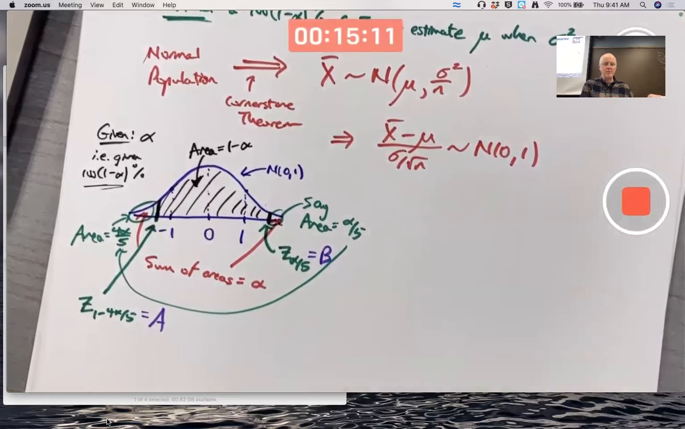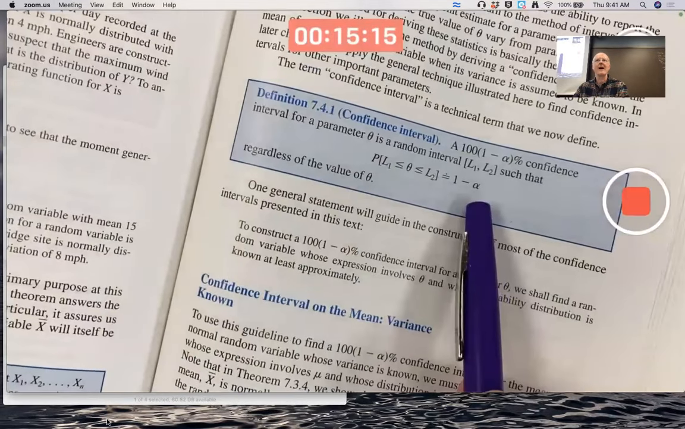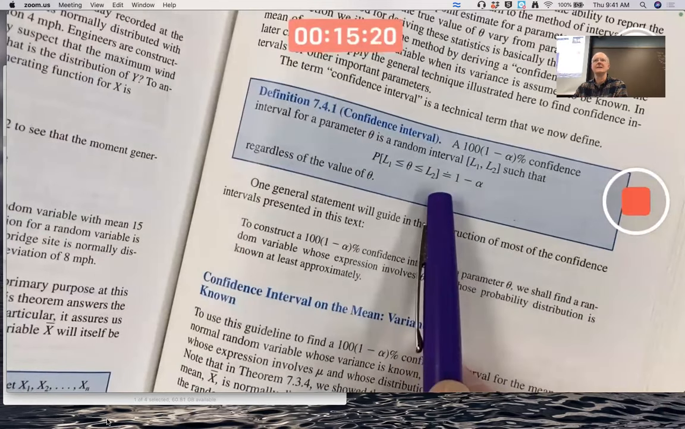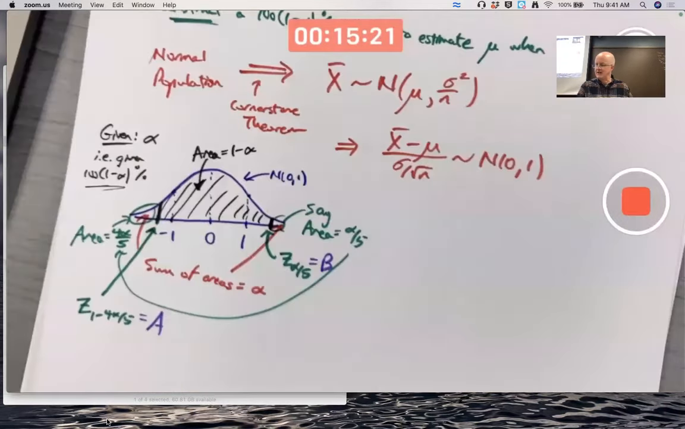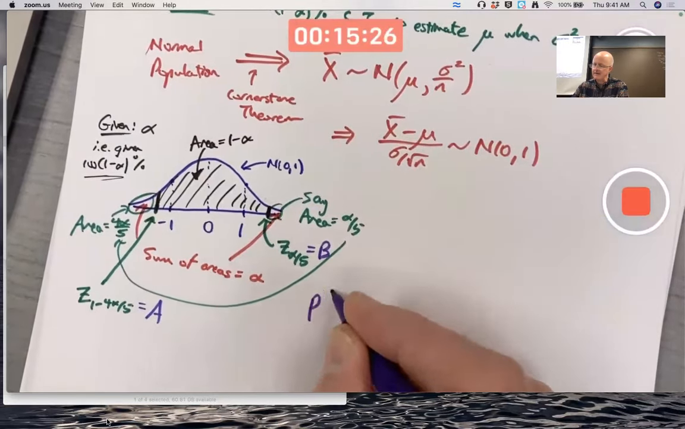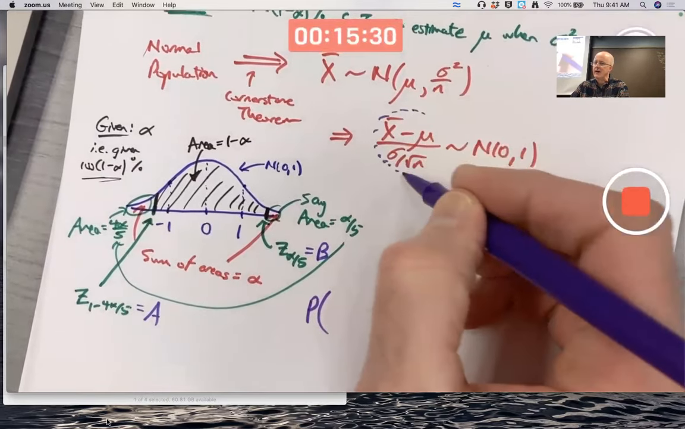I'm after this probability statement. I should start with a different probability statement. I'm trying to work toward that. What probability statement should I start with? I want the probability that this thing right there,